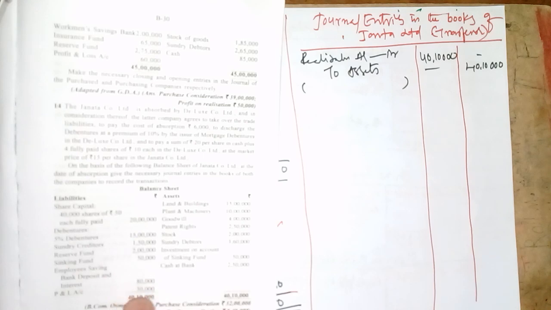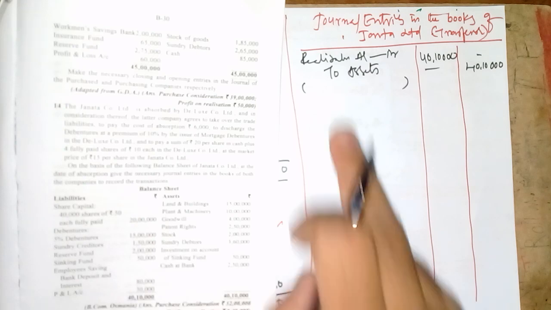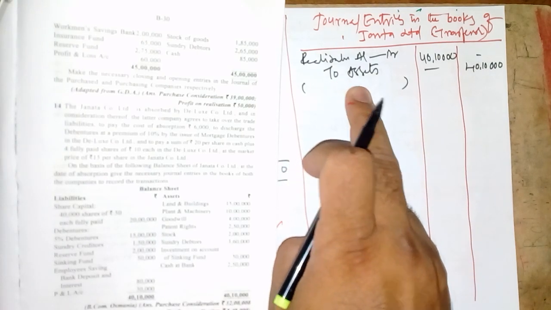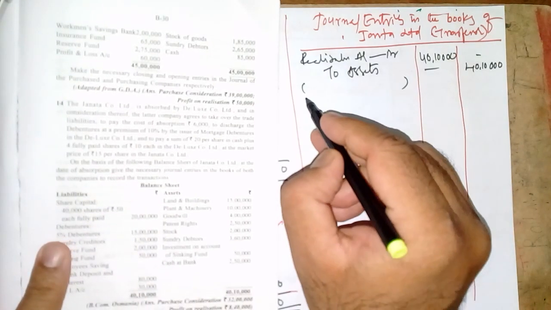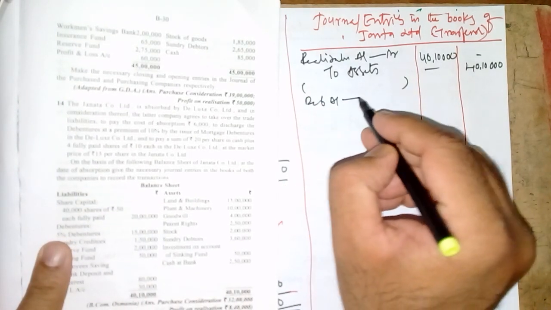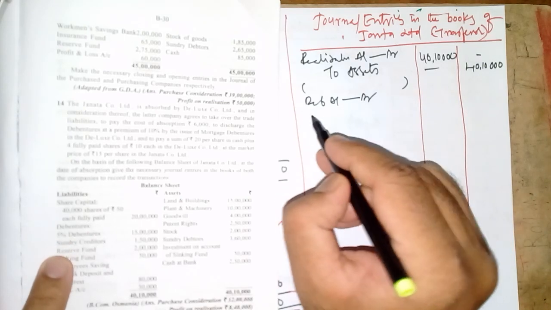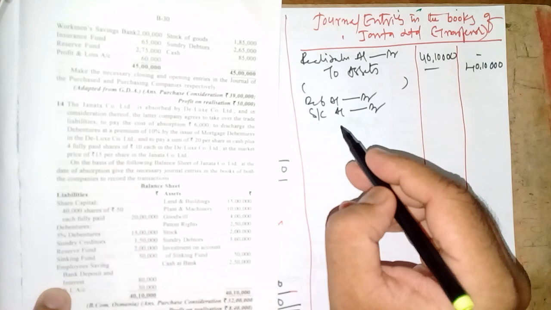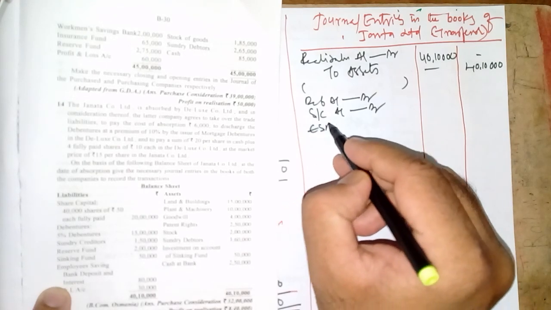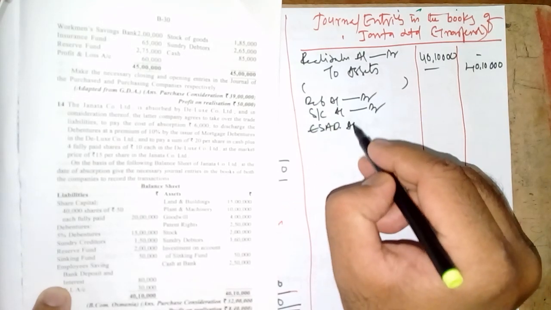So these three will be transferred to realization, right? An asset shows a debit balance, how to close? By crediting. Now a liability shows a credit balance, how to close? By debiting. So the entry would be debentures account debit,